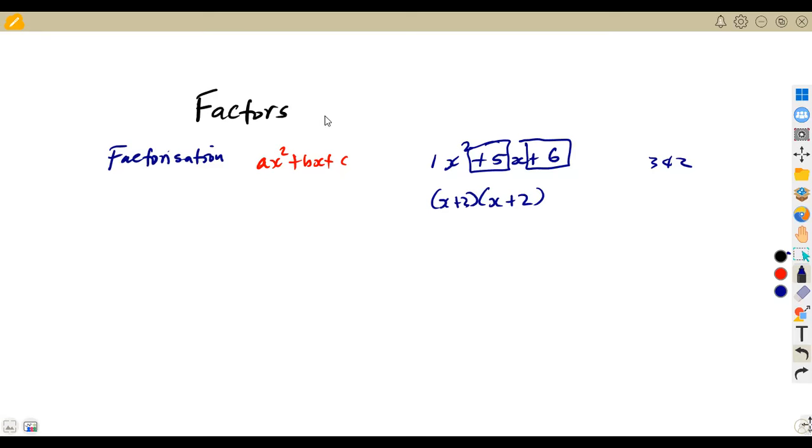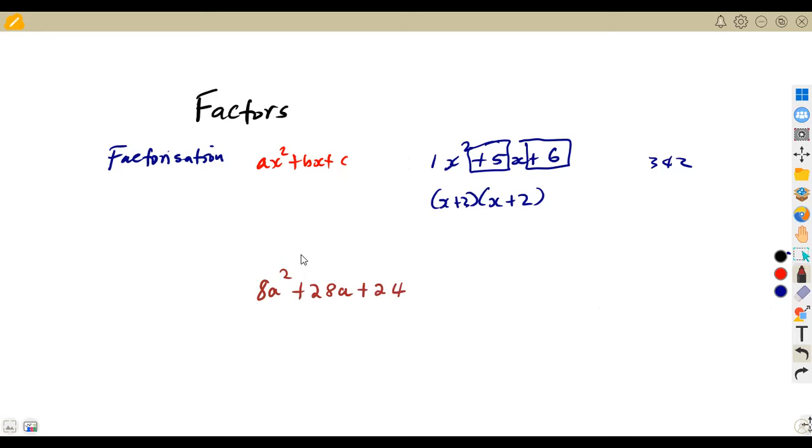But mostly we shall be having quadratic expressions whereby the coefficient of x squared is not a 1. For example, we're talking about 8a squared plus 28a plus 24. If we are given to factorize this,